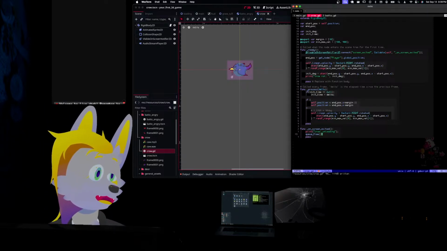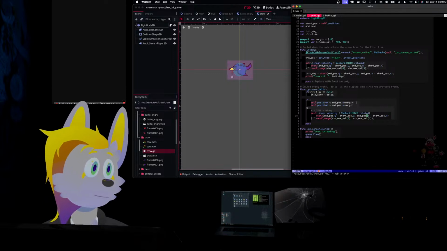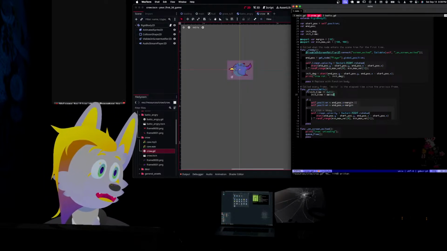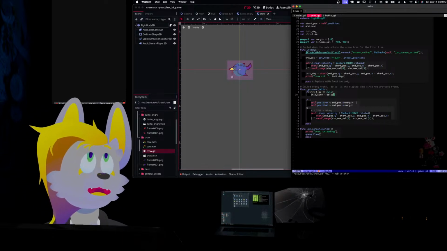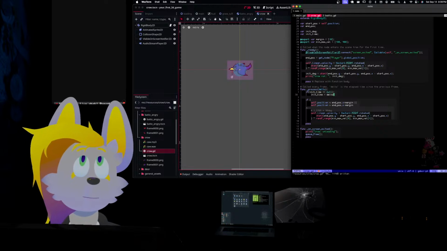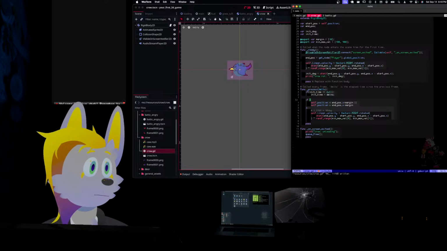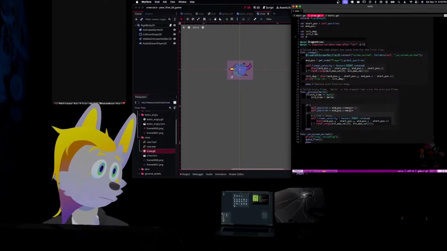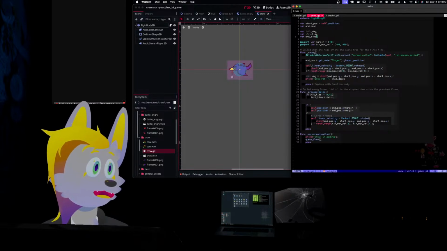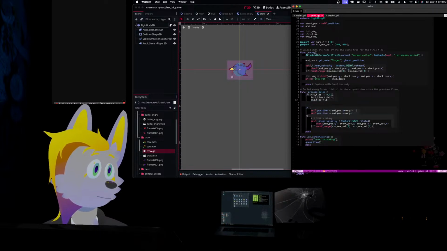So, let's see. I'm trying to think. How would I want to do this? Do I want the angle to be fixed, or a fixed rotation? I guess if they're going faster, that would automatically change the arc, because it'll be the same rotation time, but depending on their speed. So that actually works out for me. So I'm just going to say end time. var end_time, 23 down, and end_time is equal to